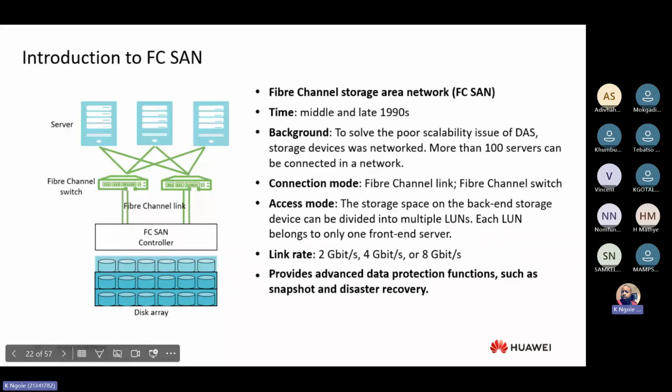And in terms of the link rate, common fiber channel speeds are 2 gigabits per second, 4 gigabits per second, and 8 gigabits per second. But modern FC-SANs can reach up to 16, 32, or even 64 gigabits per second. Right, so,